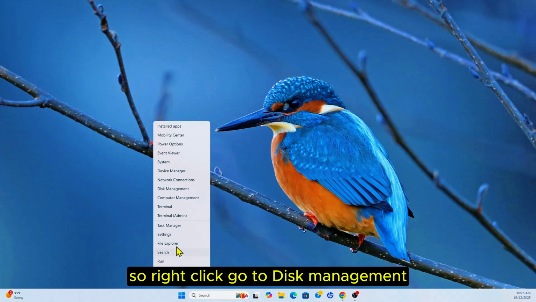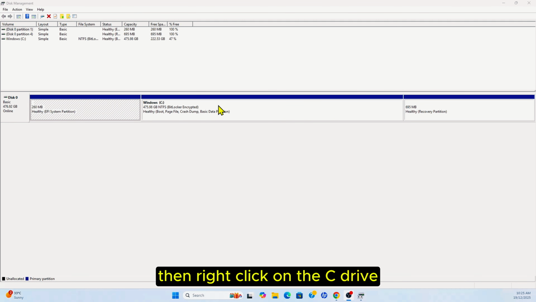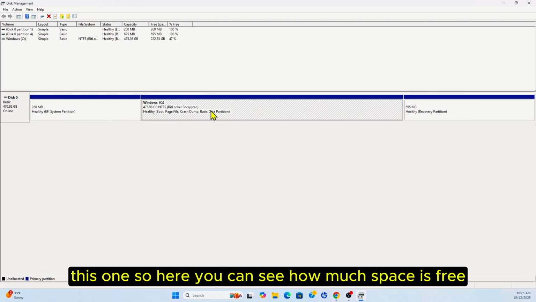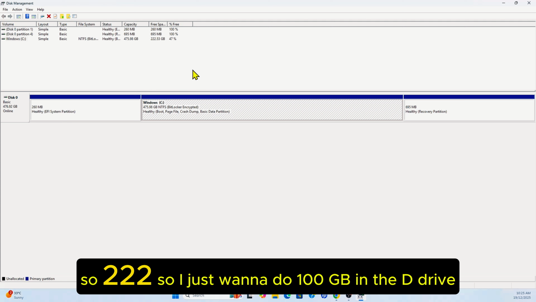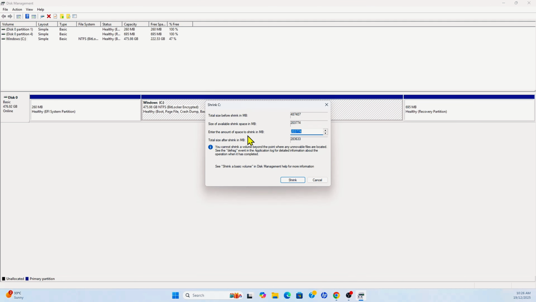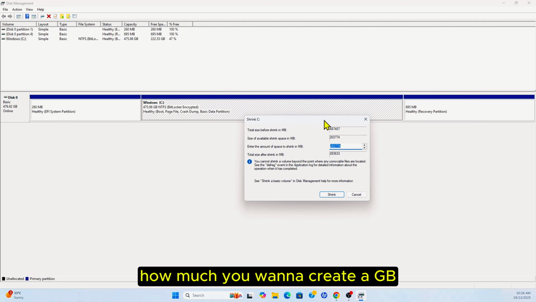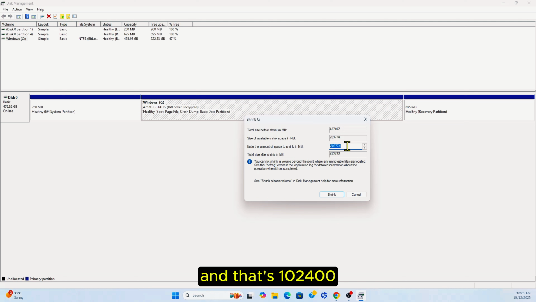So right click, go to disk management, then right click on the C drive, this one. Here you can see how much space is free. So 222. I just want to make 100 GB in the D drive. Right click, shrink volume. Here you can put the space, how much you want to create in GB. In my case, I'll just put 100 GB, and that's